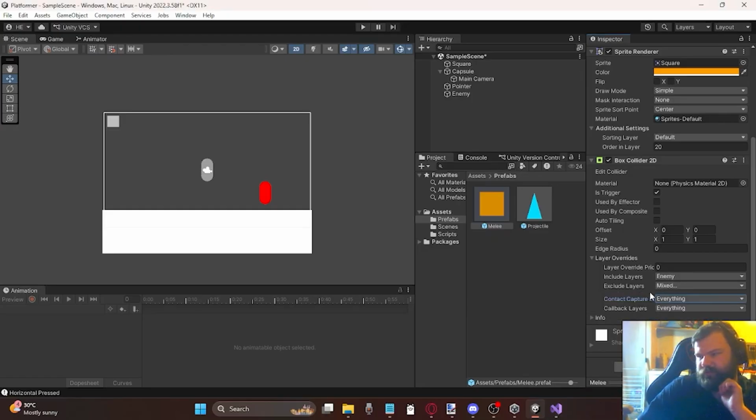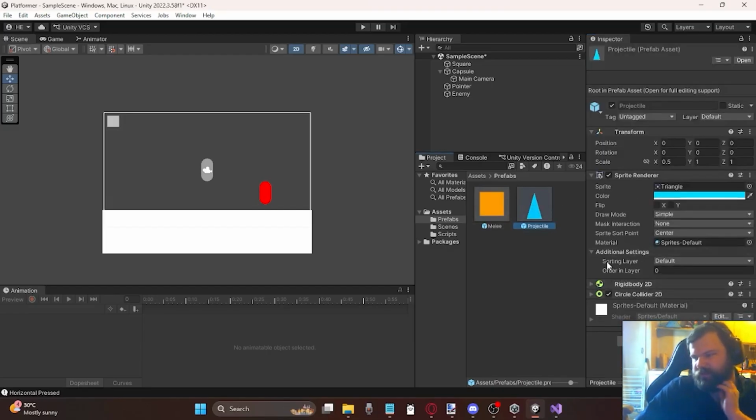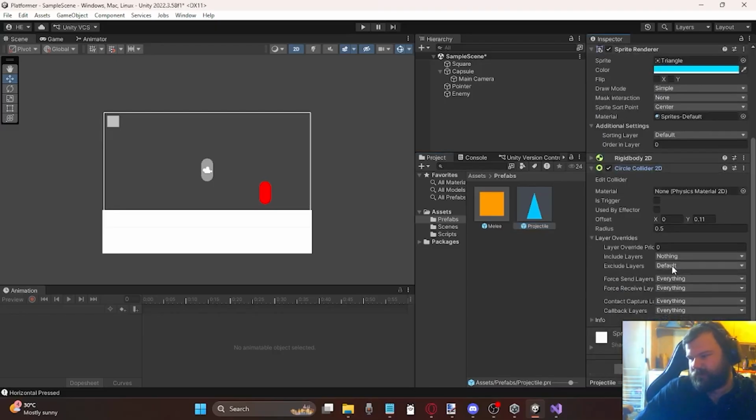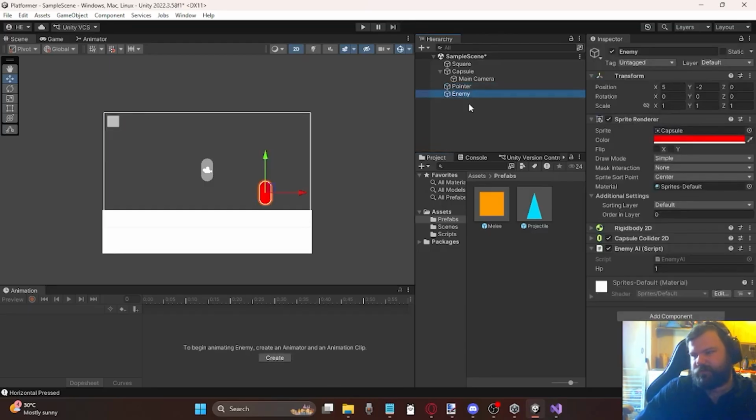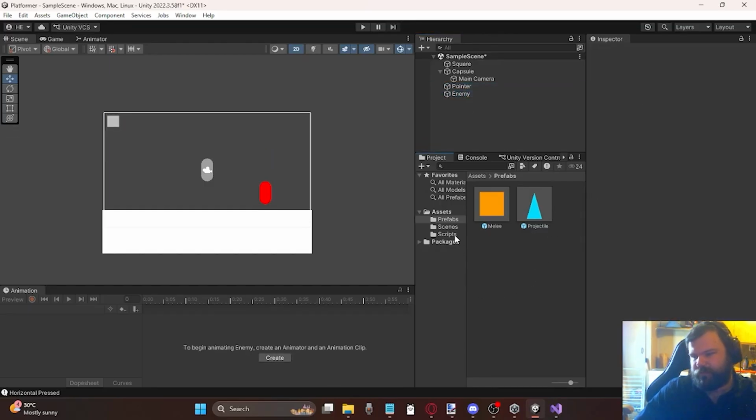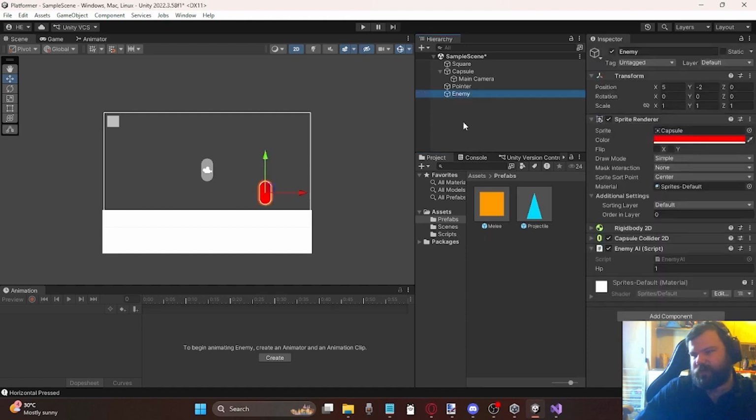Layers, contact, back layers, projectile. This only excludes defaults, it's looking specifically there, and this is enemy, so we want a script that upon entry gets the